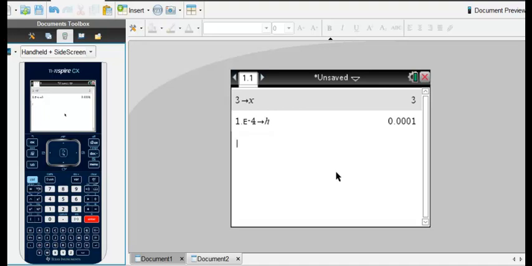Alright, so we do this. Now what can we do? Well, let's put in the formula, which is x to the power 2x. We want to do a symmetric difference quotient. So parentheses around the numerator, parentheses x plus h